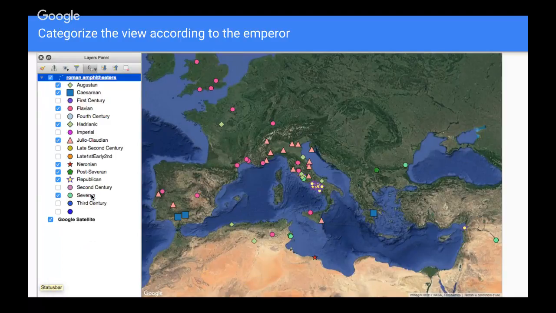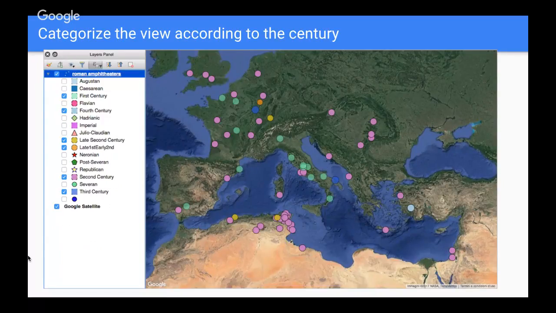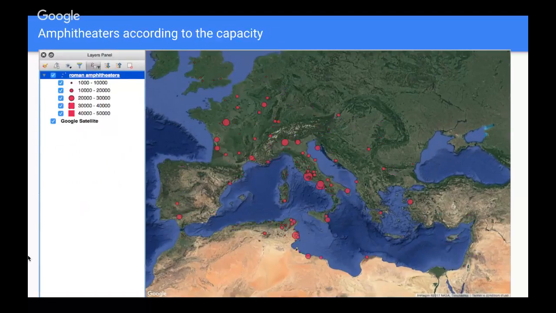In this case, I eliminated everything that was more generic, like the indication of the century, for example. And then I tried with the centuries. But what was actually very interesting to me was to see that there is a lot of amphitheaters that are identified as imperial without any particular association to an emperor. So they are actually much more than the ones that are identified with a certain emperor.